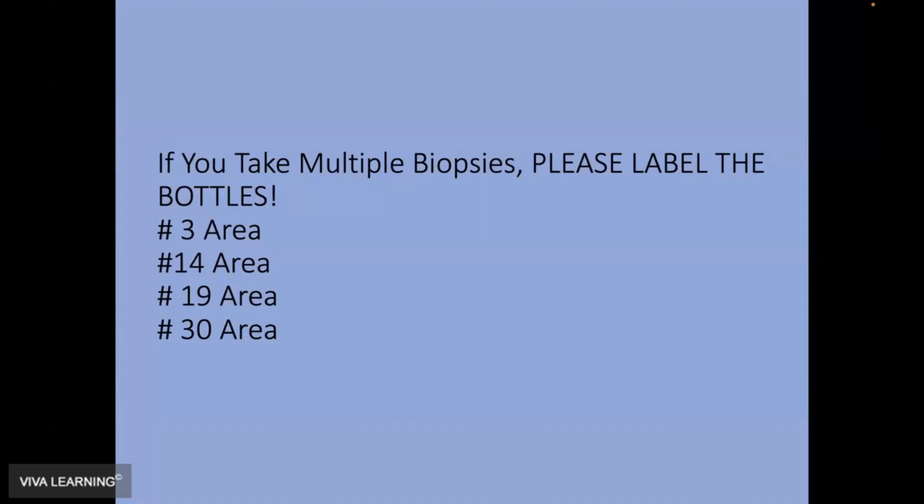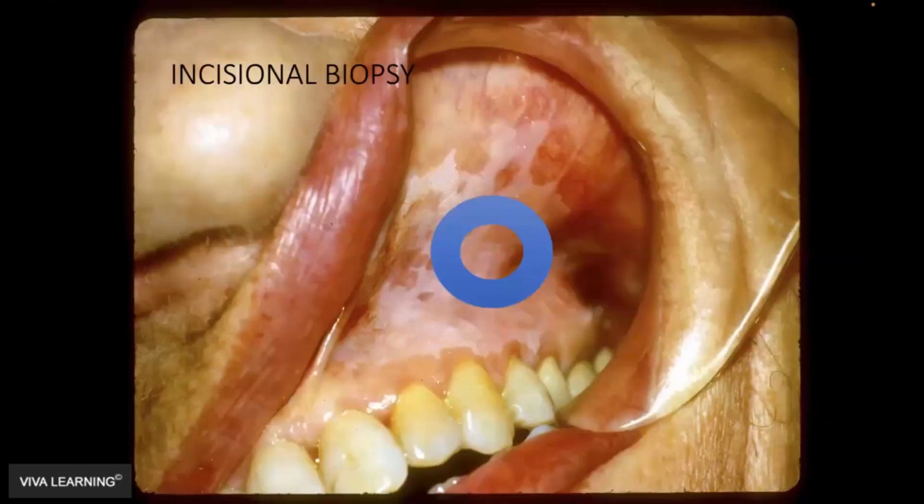And if the bottles aren't labeled with where you took it from, you may end up having to either rebiopsy or just remove a very large lesion that otherwise would not have had to be removed totally. So I'm going to take an incisional biopsy here, right within that circle, and I have to orient the lesion,